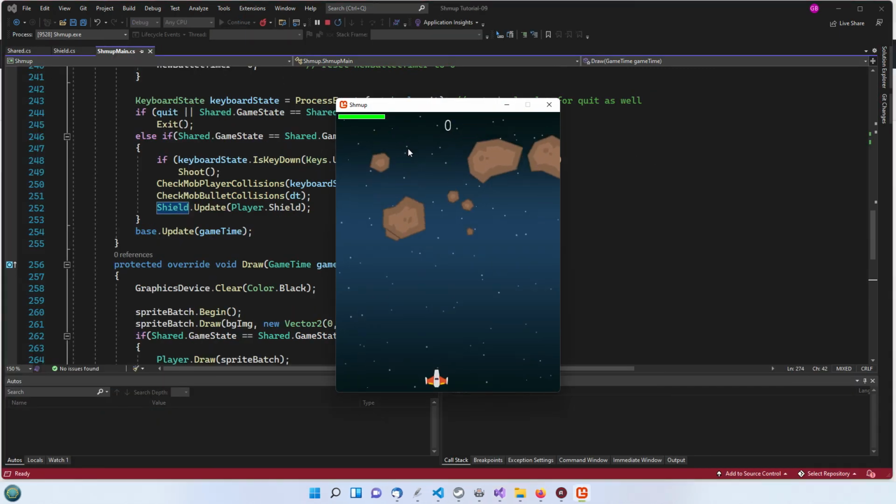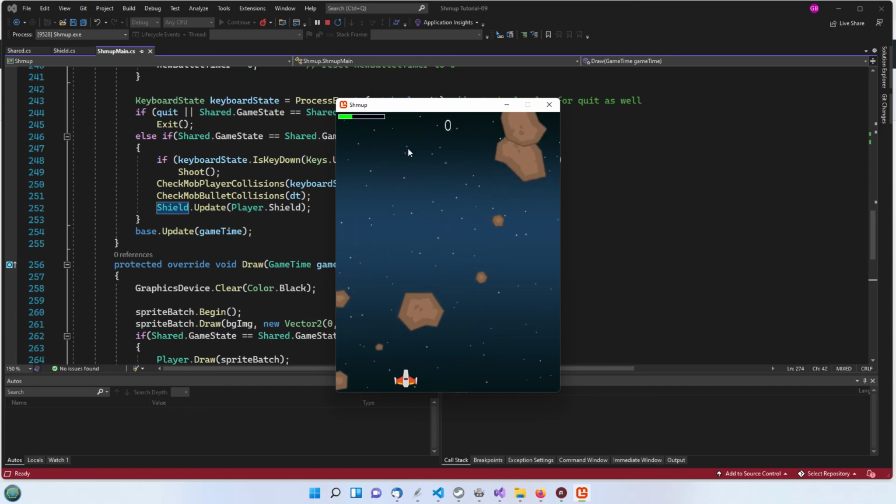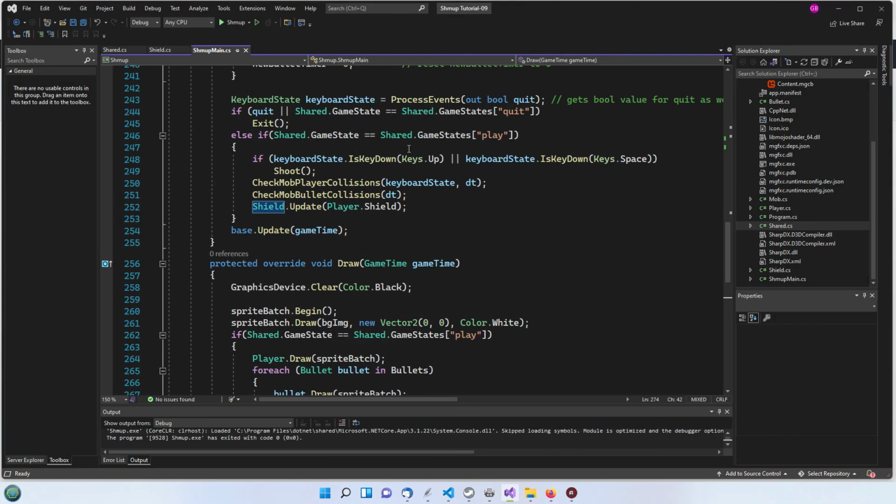There we go. So as you see, as we're hit, the shield value decreases, and when we're dead, it goes down to nothing, and that's it, game over. Okay, so that's the Monogame version of shields with the improved sounds of the explosion when the player